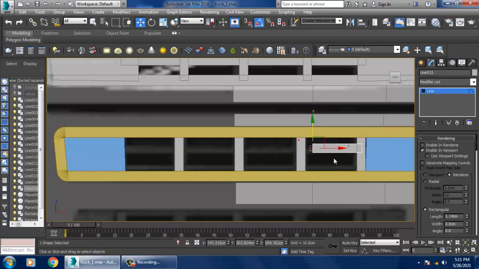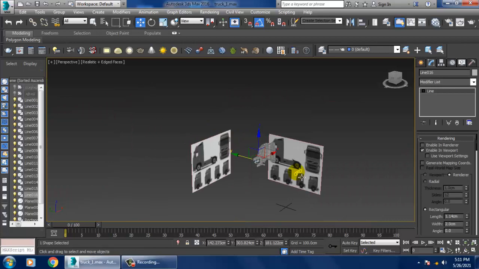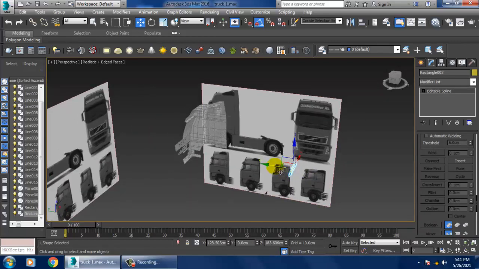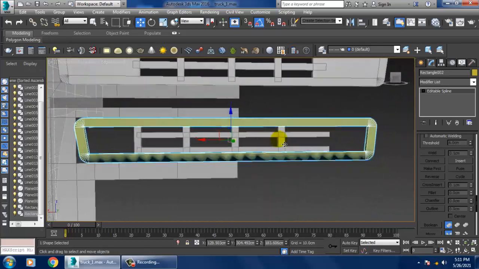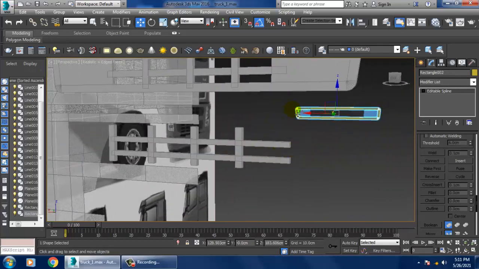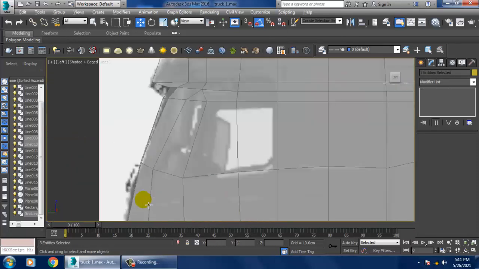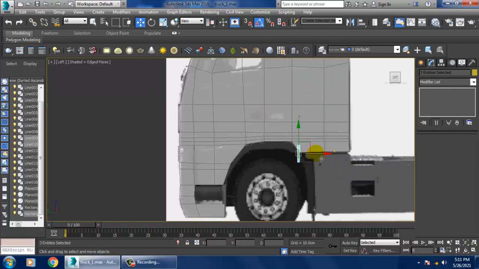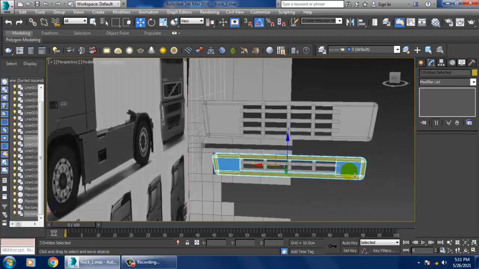So select this and scale it and duplicate it down. Just select this part over here. Select both the elements and let's go over here and place it in the right way.